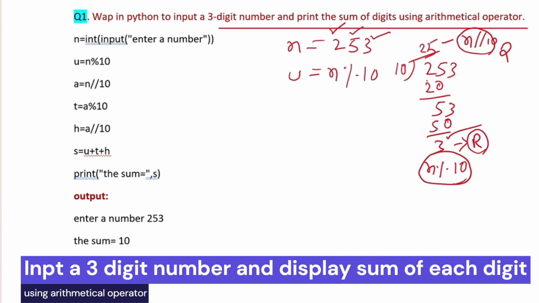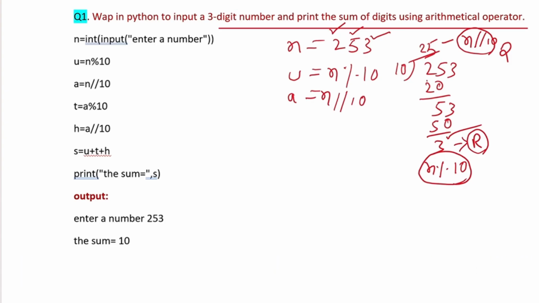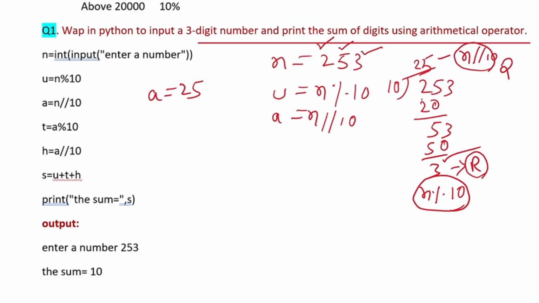And a equal to n floor division 10. That means a is your 25. Now see, a is your 25. Here, a equal to now 25. Then again